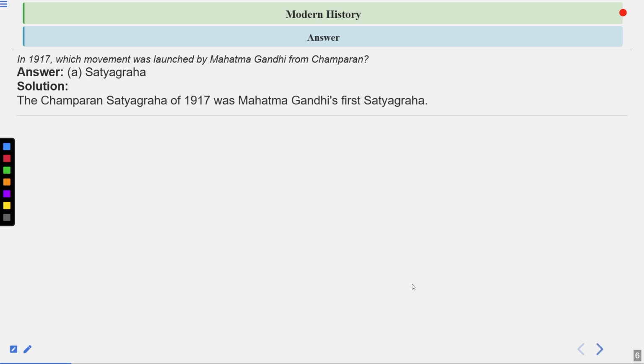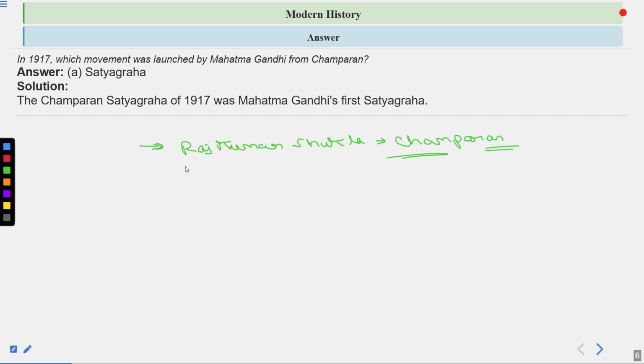Solution. The Champaran Satyagrah of 1917 was Mahatma Gandhi's first Satyagrah. So basically during that time, Mahatma Gandhi just returned to India from South Africa. After returning to India, he was approached by Rajkumar Shukla. He was the farmer from Champaran, Bihar. He asked Mahatma Gandhi to launch a satyagraha or a silent protest against the atrocities of Britishers on the